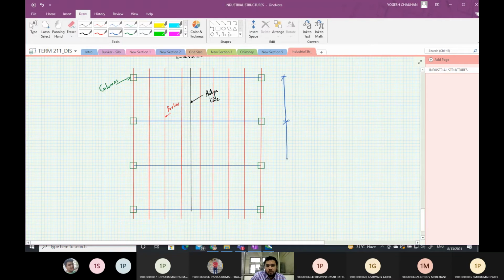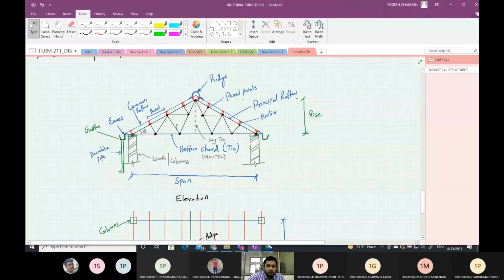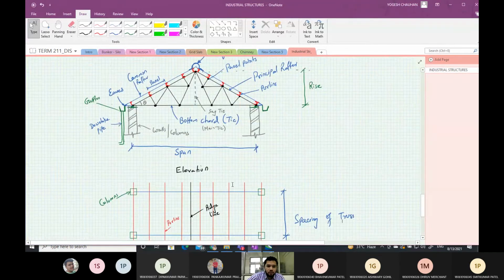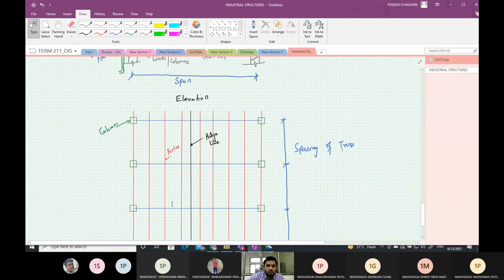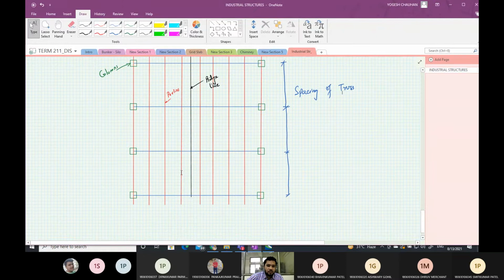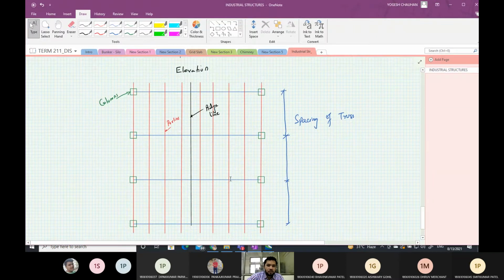All these are the spacing of the truss. This configuration is placed here, and then we have a series of such trusses at different intervals along the length of the shop.